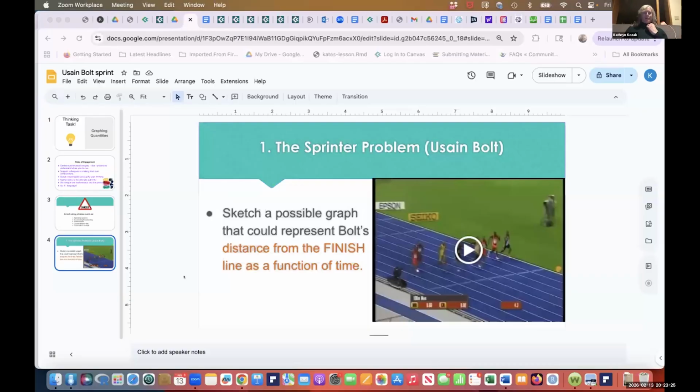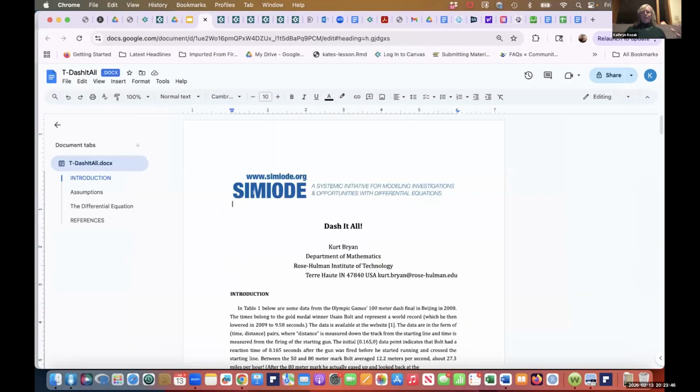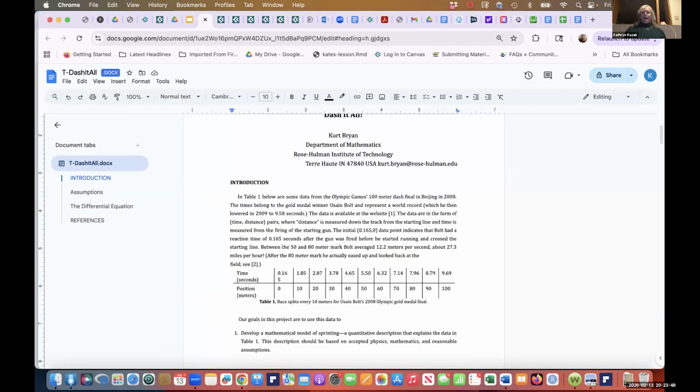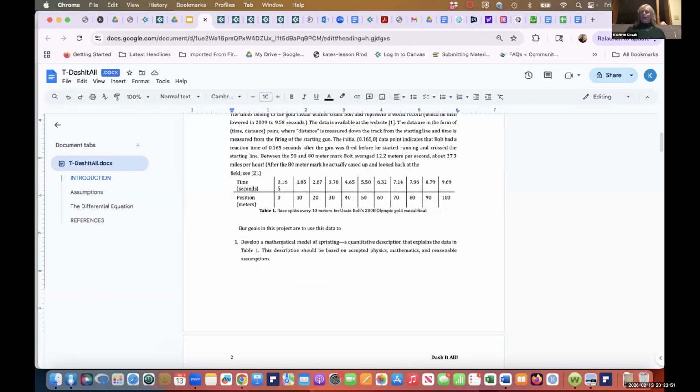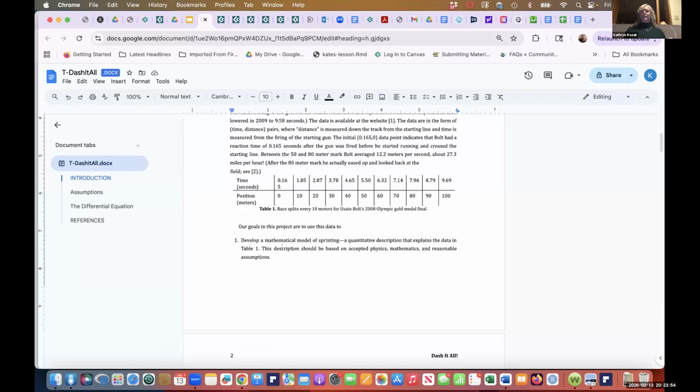And this is one of the things I give out to my students on the very first day of the semester. Let's see if I can get it to come up. I actually give this problem out, and I show them Usain Bolt's race. After they watch it, and we watch it several times, I ask, can you graph what's happening? They get into this idea of what they think is happening and how they would draw this. Then we go through the dash and talk about what is happening, and we develop this model. And this is the first day of the semester.